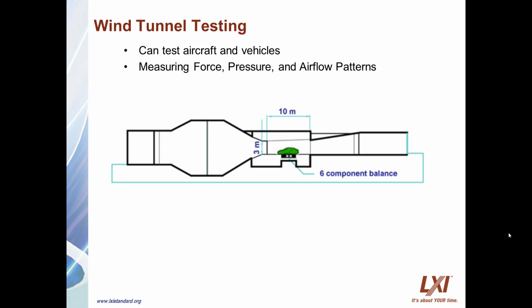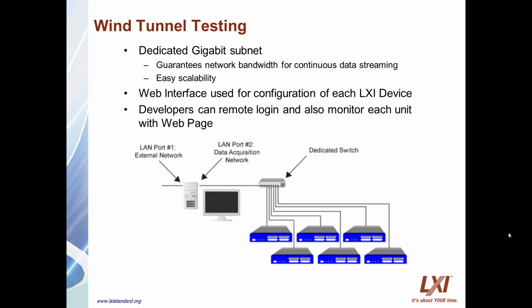Wind tunnel facilities provide the equipment and expertise to develop and conduct tests used to characterize the aerodynamic and propulsion parameters of aircraft and vehicles. The heart of the wind tunnel is used to perform a variety of tests, including force tests, pressure tests, and airflow pattern measurements. These types of tests require large data collection and high speeds to capture performance data. To reduce measurement signal connection lengths and those types of issues, the measurement devices are often installed as close as possible to the device under test, but far away from the control room. Using dedicated subnets for an LXI-based data acquisition system that guarantees the availability of